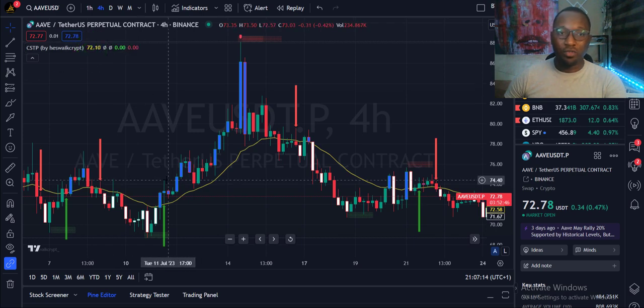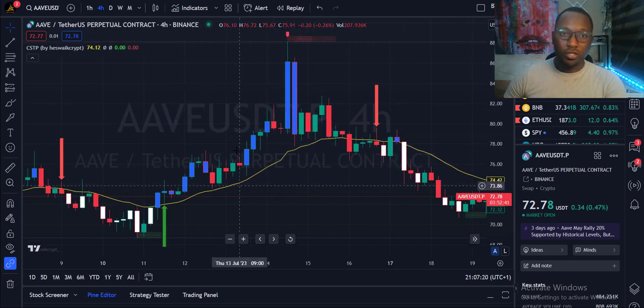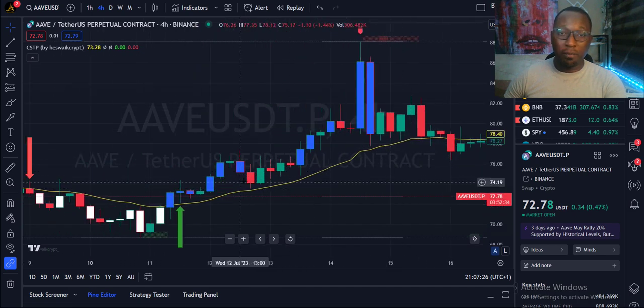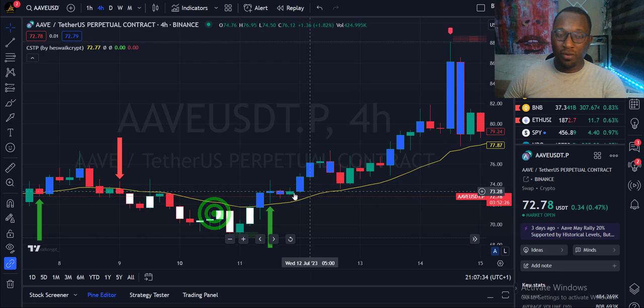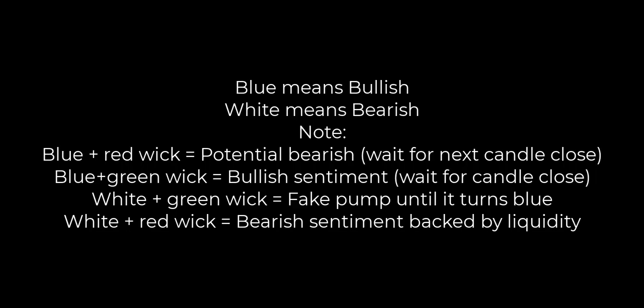Enabling it right now, you see more color on the candle. I'm only focusing on candlesticks because we're only talking about candle color right now. So we have the blue and we have the white in addition to what we have right now. Now each of these candle colors indicates something. When you see blue, it means bullish, like I said